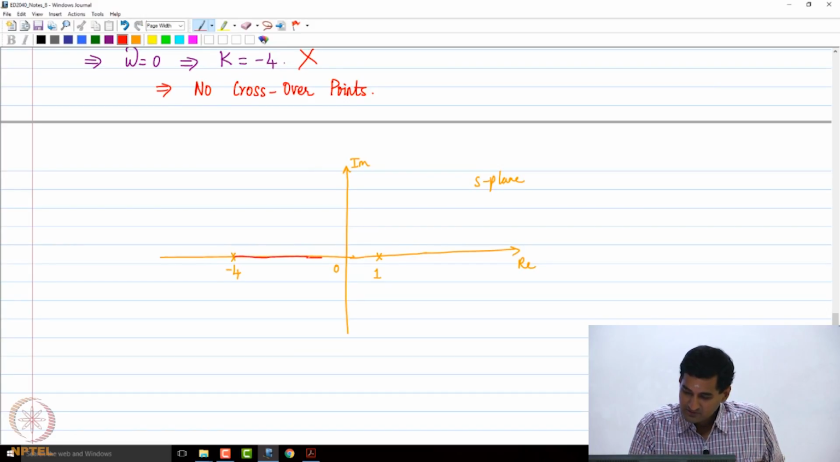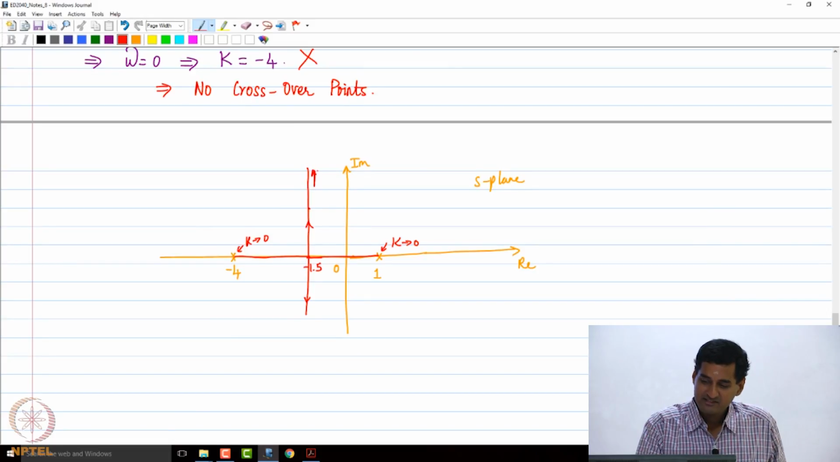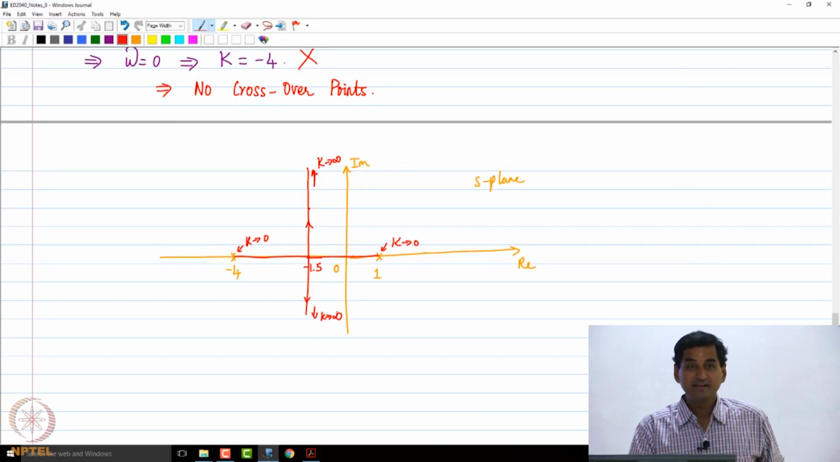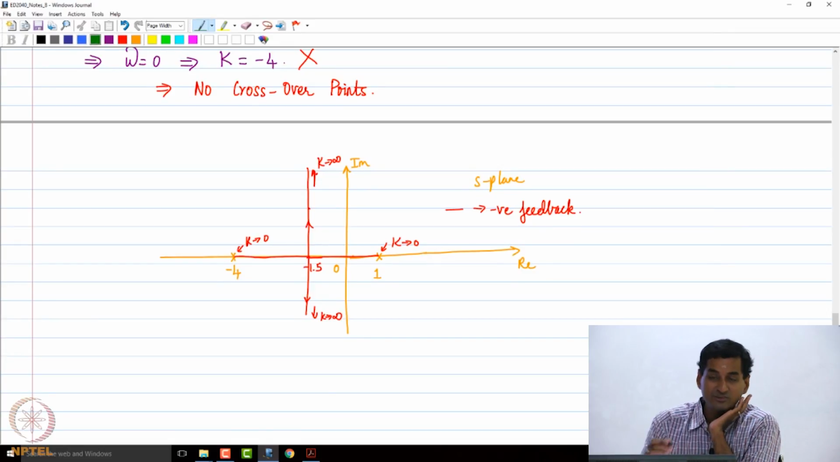So, I think the point of intersection was at -1.5 and then it broke out and it went in 2 branches, right. This was as k tending to 0, and this happened as k tends to infinity. This was with negative feedback. So, the red line indicates negative feedback, right. Now, let us look at what happens with positive feedback, based on the root locus construction that